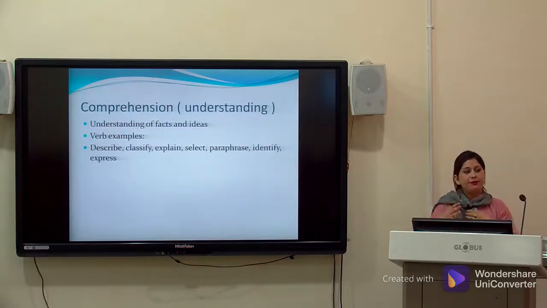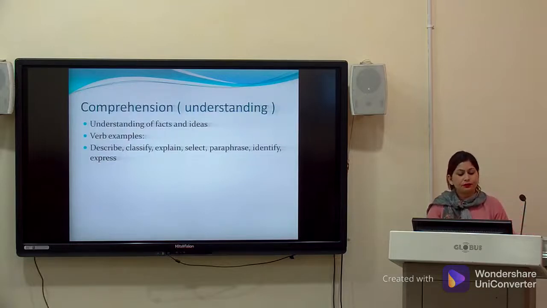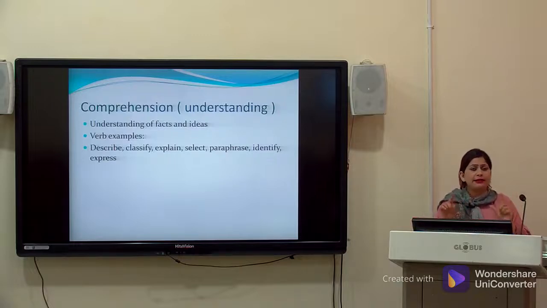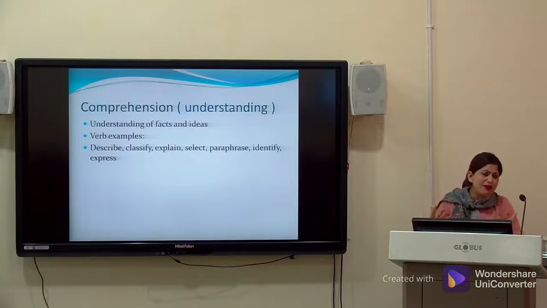And then at the second level comes comprehension. Earlier it was called comprehension, but now it's called understanding. So what's comprehension, what's understanding? In the knowledge domain, the learner just memorized something, just remembered something. It might be learning mathematics, alphabets, tables, the names of continents, the noun, verb, adjective. But in the comprehension part,